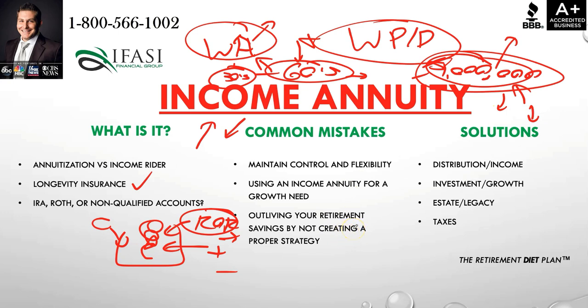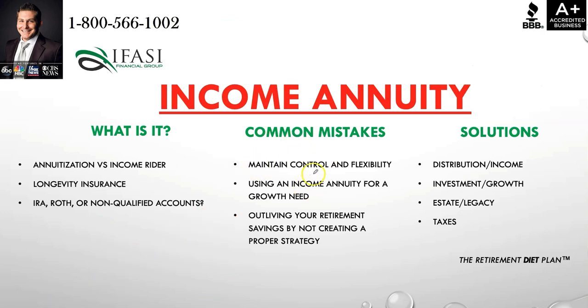Too often what we'll see is somebody just trying to use a jack-of-all-trades type product. They're trying to leverage a growth-related strategy for an income, a growth, an emergency, a legacy, a tax planning need, and it's shooting themselves in the foot, because one downward market hiccup or a couple of them, with a bad sequence of returns right when this person retires, results in a retirement disaster, and somebody outliving their dollars. So I hope these three common mistakes make sense.